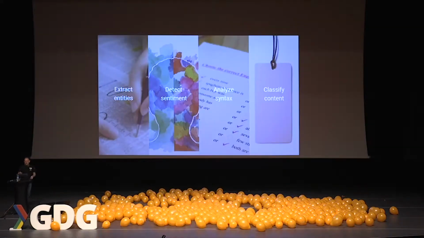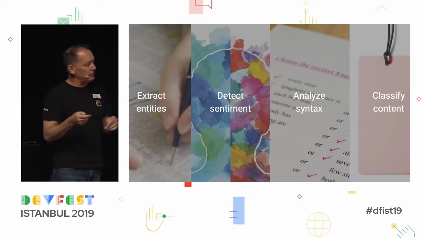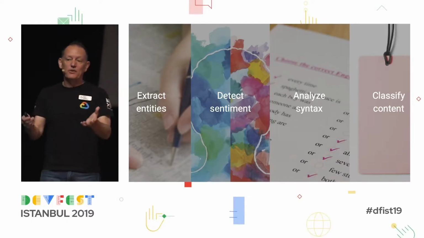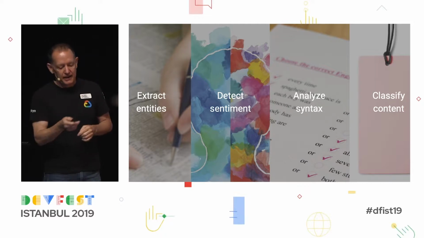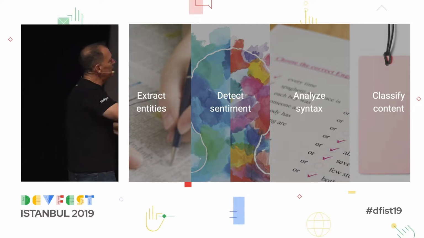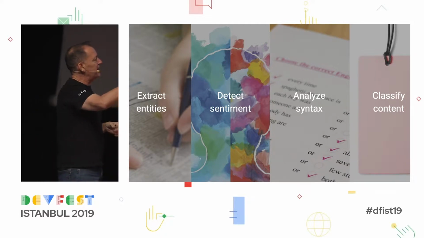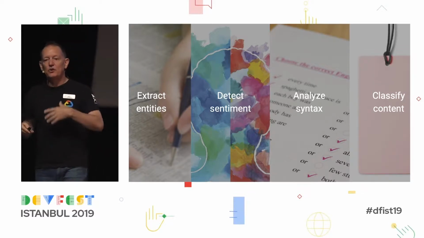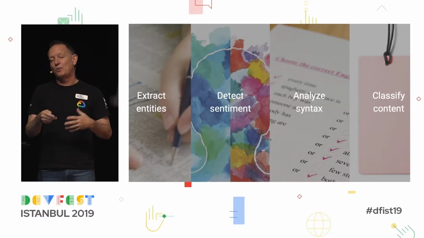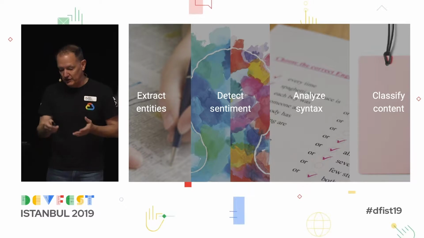Well, I'm going to give a couple quick examples here. I forgot. So the natural language understands the semantics of the text. And what we see it used for primarily is in detecting sentiment and in classifying content. You can build models that will automatically recognize types of documents, for instance.